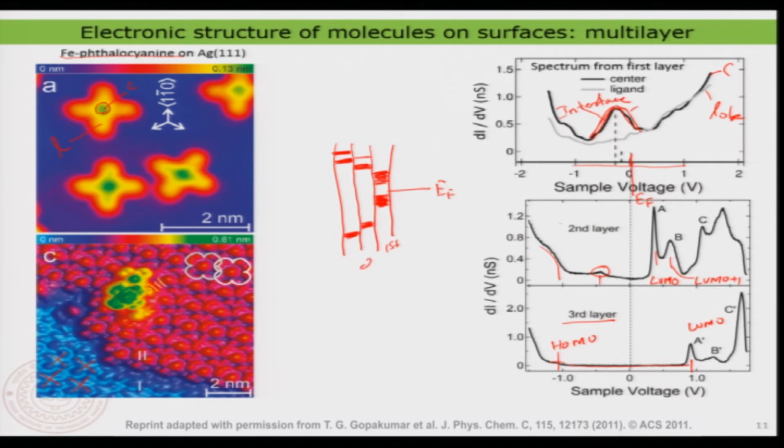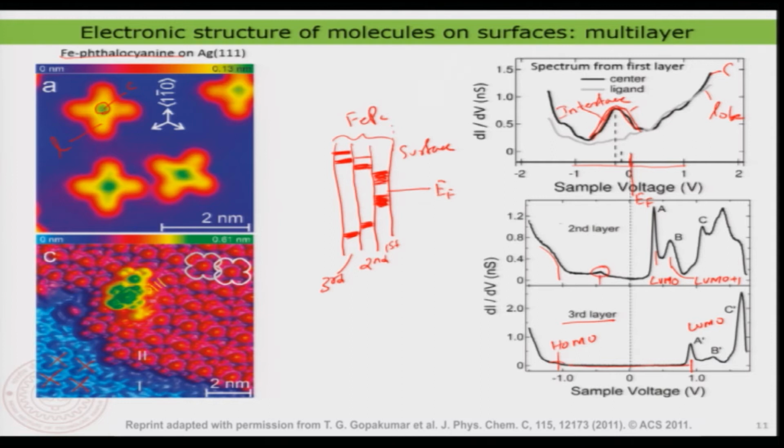So, this is the second layer, and this is the third layer of the molecule. So, this is all FePC. So, that is basically the molecule and this is the surface. Now you can see how the electronic structure of the interface changes. As you go away from the interface, all the so-called interfacial states are basically just vanishing, and